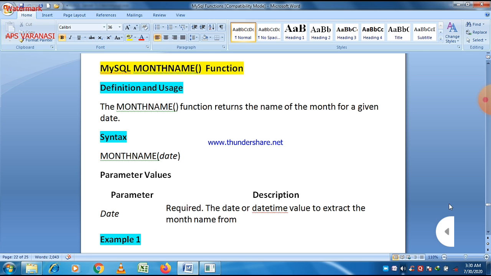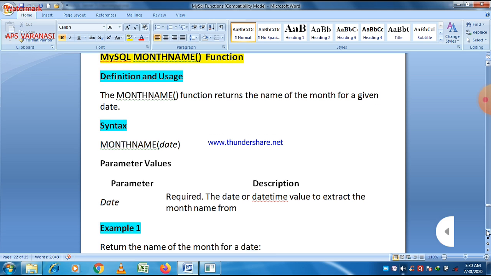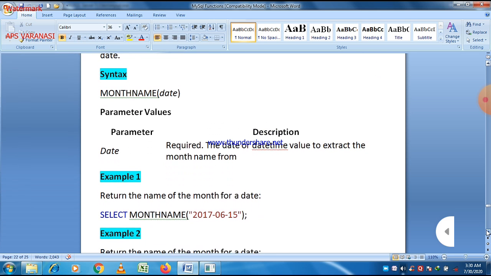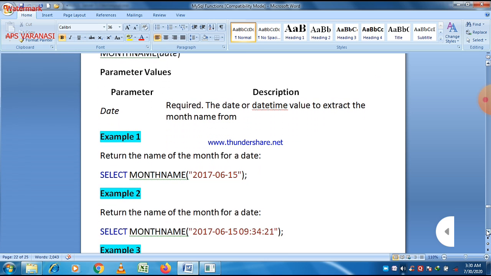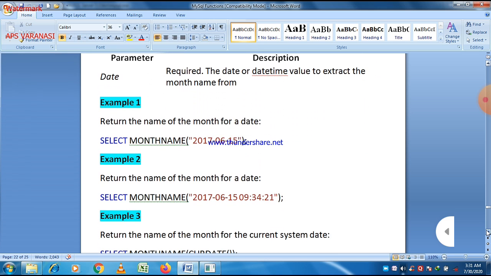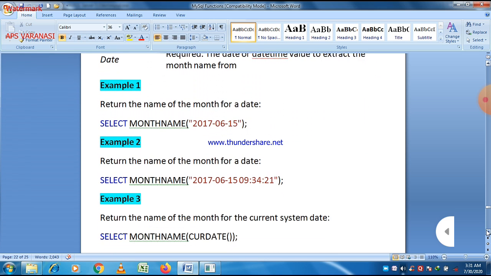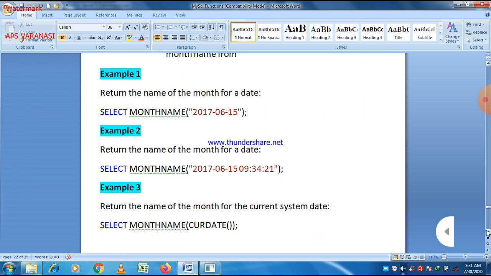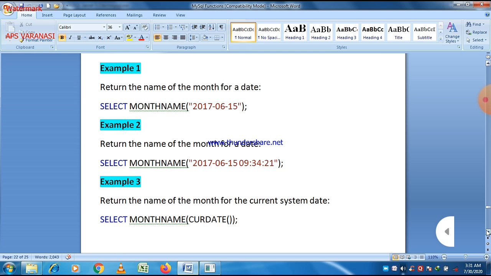Let's see it. You can easily see that there are three examples of MONTHNAME. In the first example we just pass a simple date. In the second example we pass a date with timestamp, and in the third we use the current date function, CURDATE.